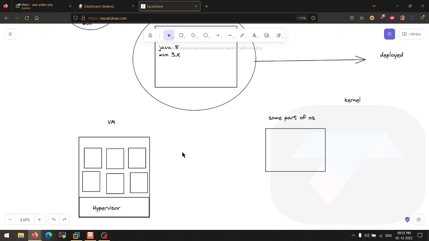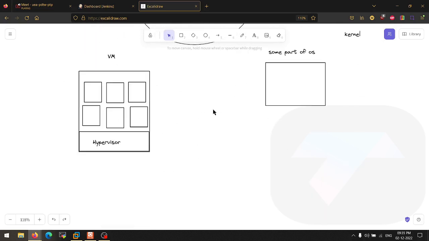Now, what is Docker actually doing here? We talked about images and containers. Remember, I talked about two different things. Number one is the image, number two is the container. Image is not a running thing. Image is a kind of backup, and a container is a running instance, which is continuously running. So these two are different things.